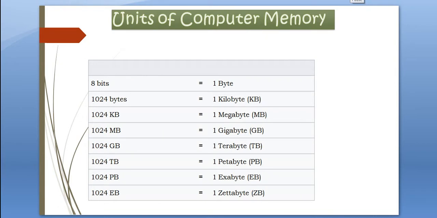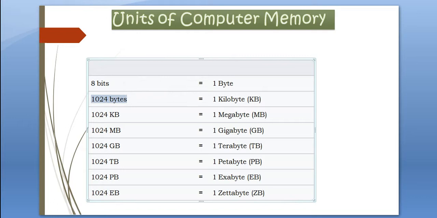Now, the second term is units of computer memory, in the sense measurement of computer memory. As we know, anything can be measured in many types of measurements like centimeters, inches, kilograms, grams, kilometers, meters, and so on. So computer data is also measured in bits and bytes. There is a table that shows each type of bits and their equivalent bytes or kilobytes. 8 bits is equal to 1 byte,